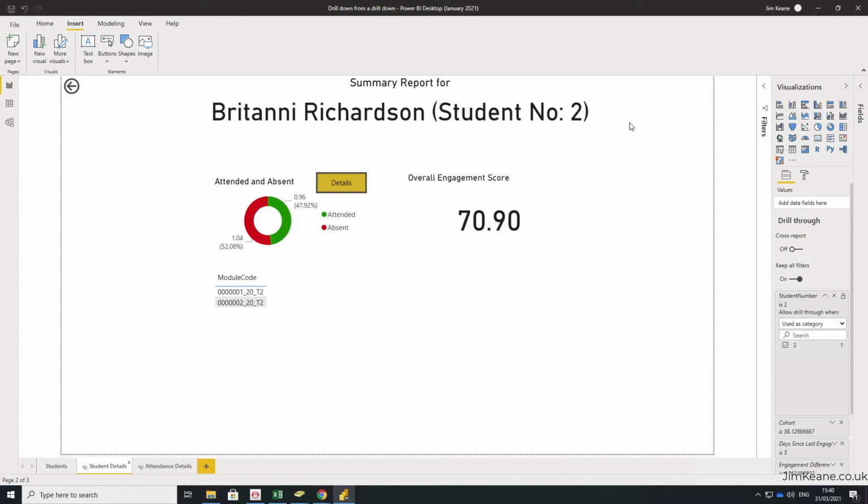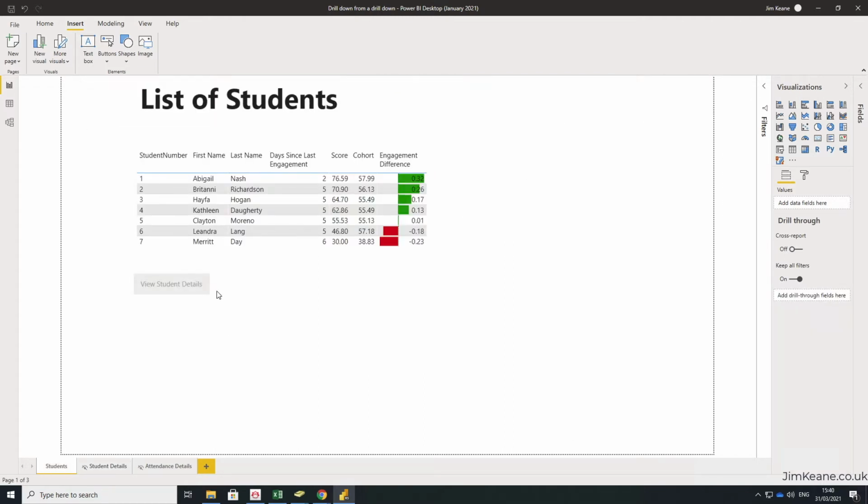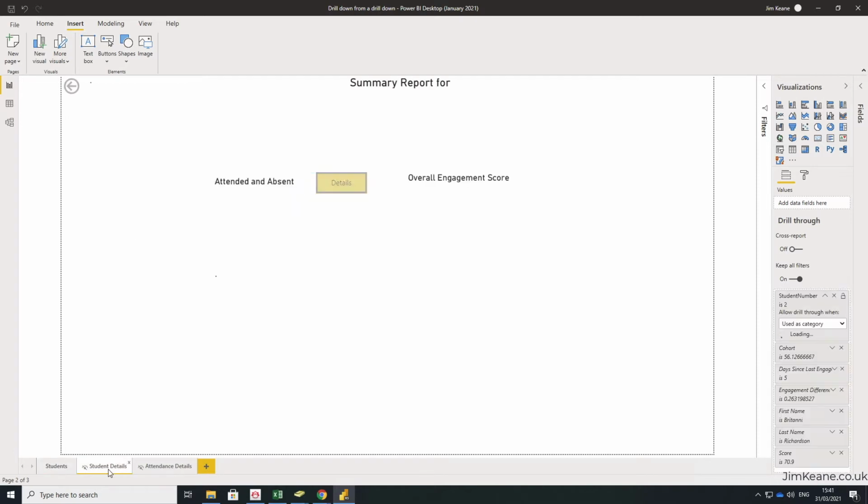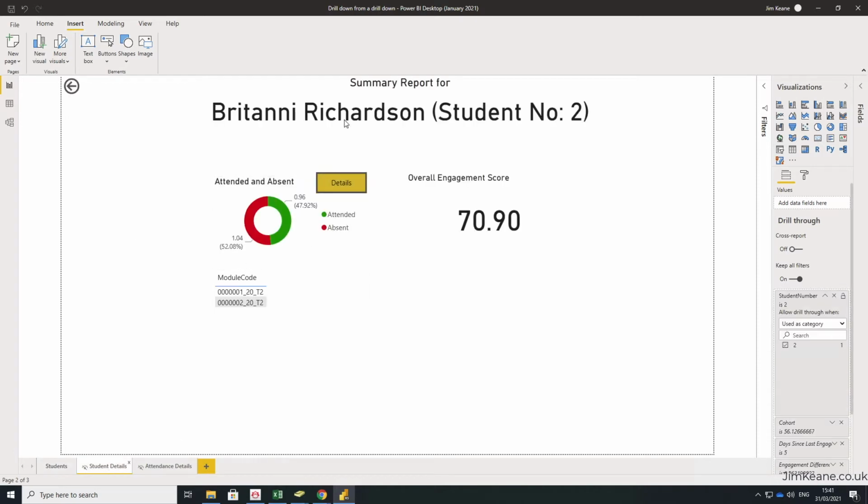The drill through for here is just the student's ID. So if I come back to the main page here, you can see that the students all have a unique identifier, and that this can then be used to drill through to this report here. And that will filter all of the information on this report page just for this student. So it's doing exactly what I want it to do, and I just want it to continue one step on.